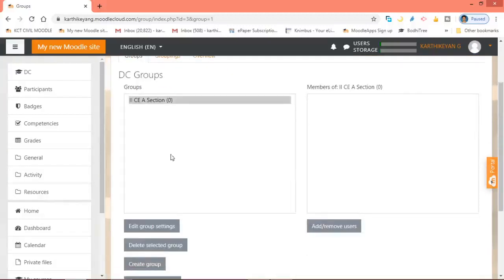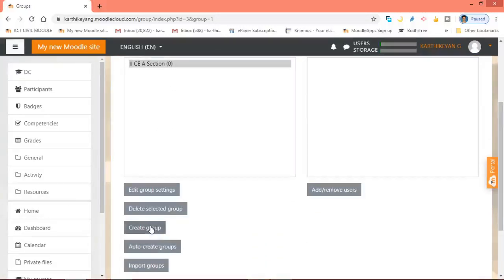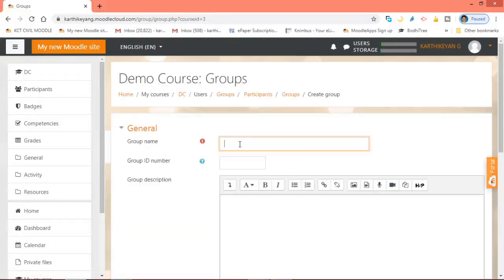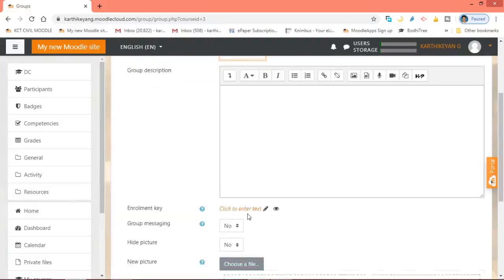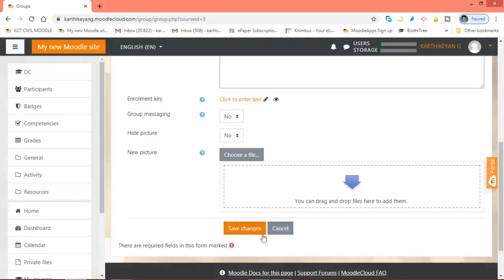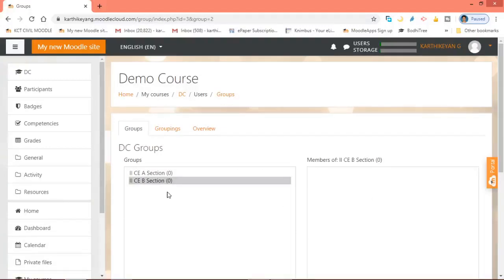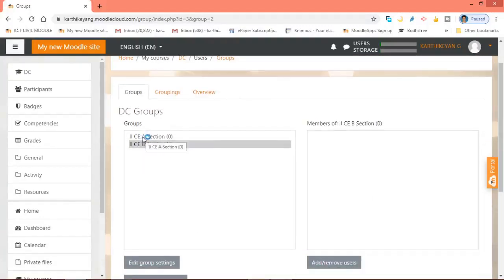So the created group is available here, and I am also going to create one more group. The group name is second civil engineering B section, second CE B. After giving this, just hit the save changes button. So after creating the groups, that is second civil A and second civil B, right now there are no students